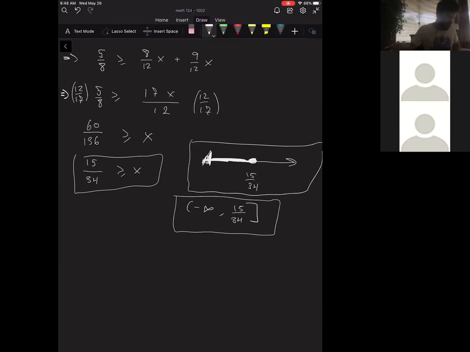All right, let's do 15 together. So this is saying we have 4x